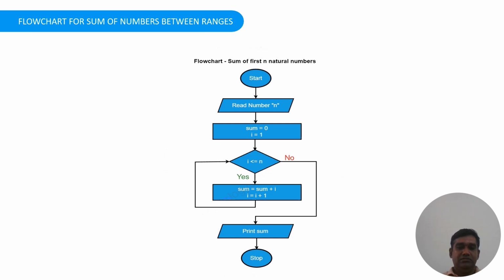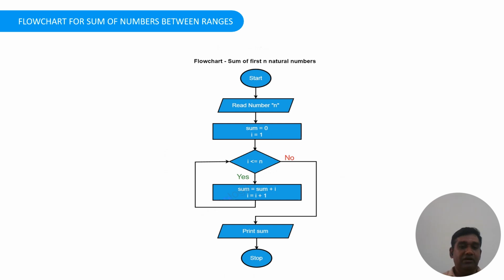If it is a flowchart for the sum of n numbers, I just want to add the numbers between two ranges. In the sense, if I have a requirement to add the numbers between 1 to 100, or it may be 1 to 1000, or 20 to 50, whatever it may be, I just need to get the two ranges from the user and read the value of n. We are assigning the value of sum as 0,